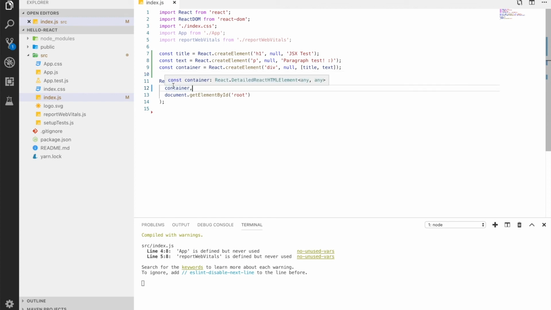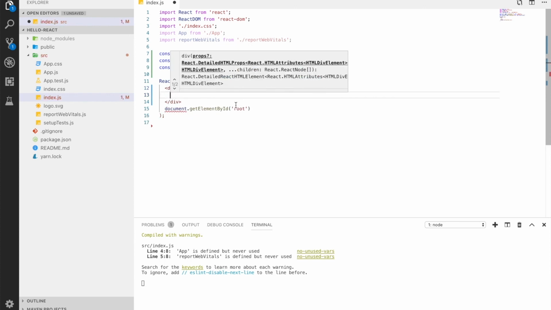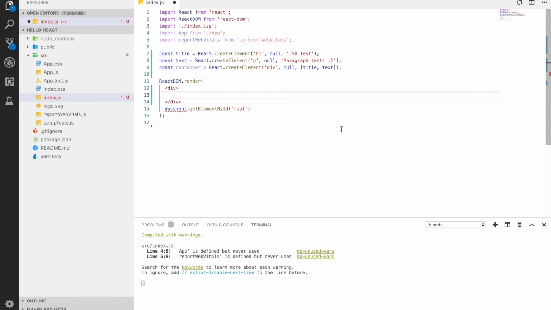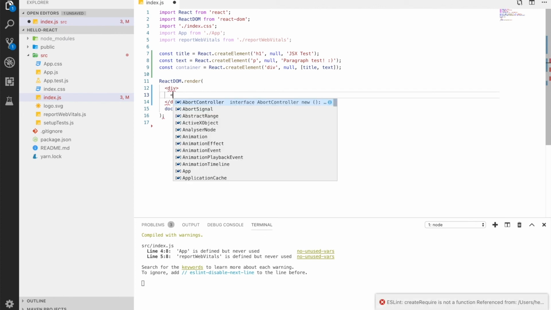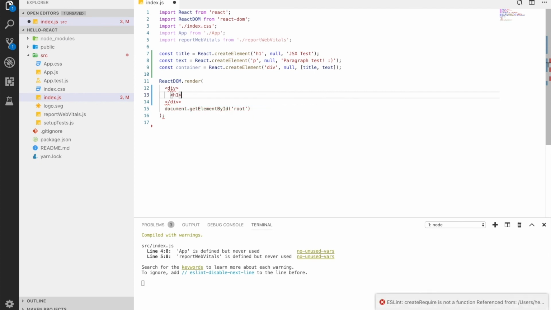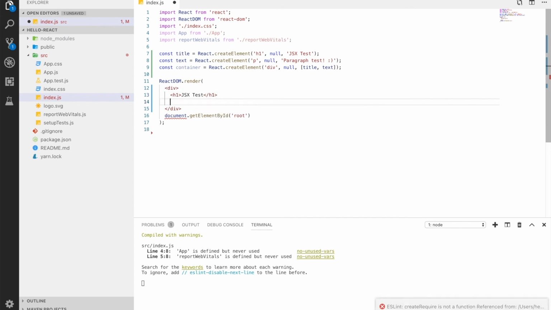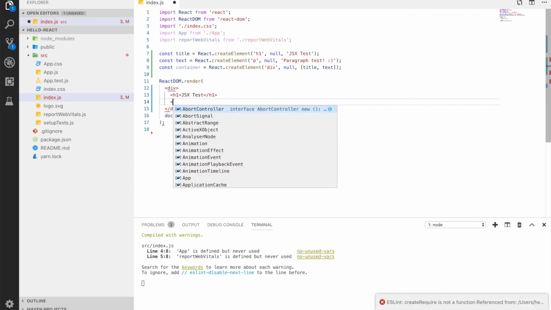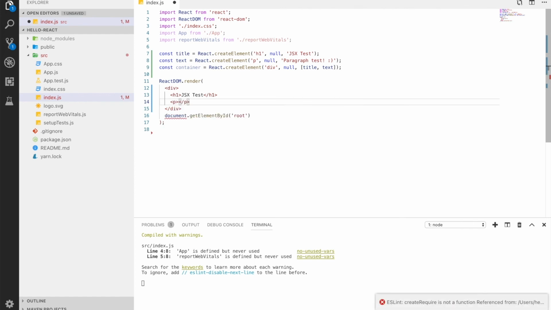So let's remove the container. So first we will put div, and then next we'll put the title, which has h1, and then put the JSX text, and second there will be a text which is the p tag, and we are going to add paragraph test.